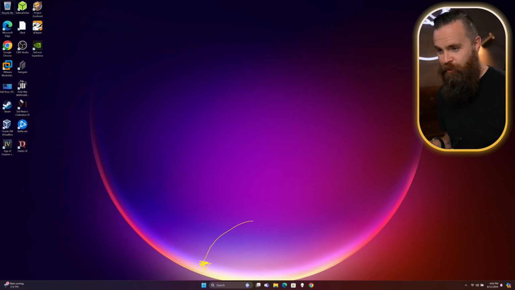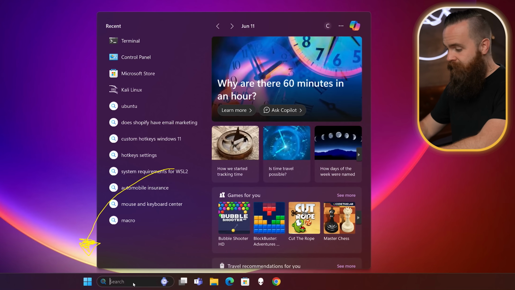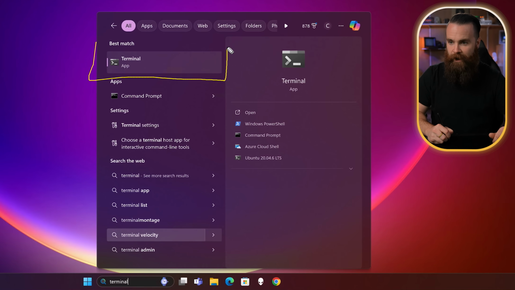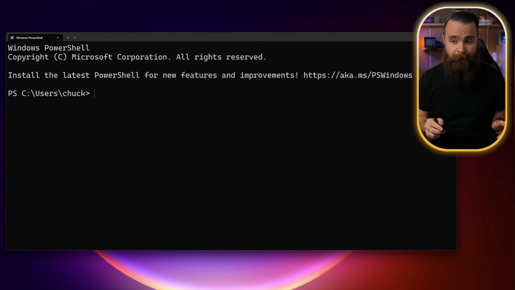Now here comes the 2-minute WSL install. First, you'll launch your Windows terminal. We'll just go to our search bar, type in terminal, and it should be this guy right here. Now we're about to install it with one command, but just know, this user account you're using, for me, it's me, Chuck, it does need admin privileges. You'll find out real quick if you don't have them, because this command will not work. Type this in with me,